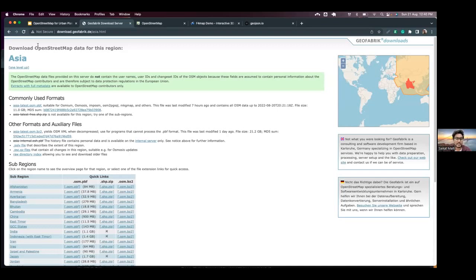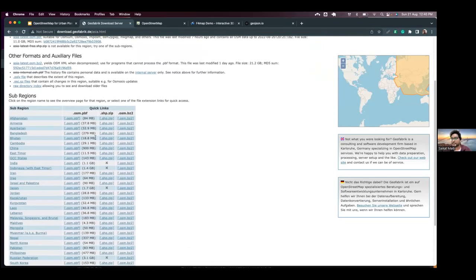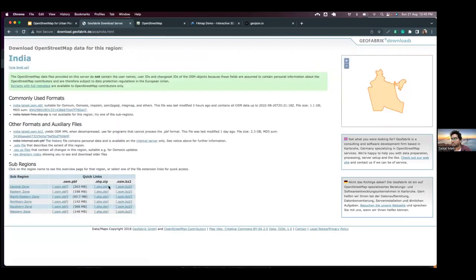So there will be some prerequisites you can fix. Okay, these are the areas where I'll create a junction. So this new road layout will interact with the existing road layout at these particular junctions. Okay, so for that, let's say there is a data set for India, which is almost